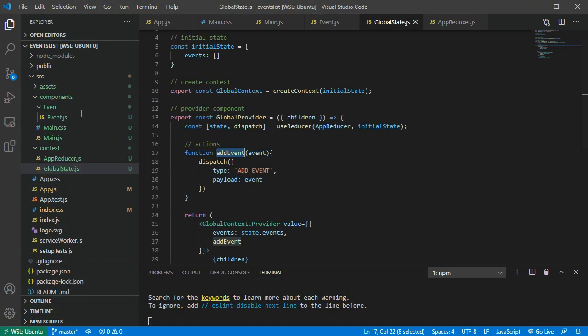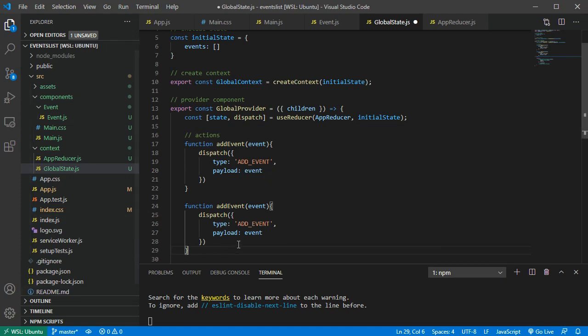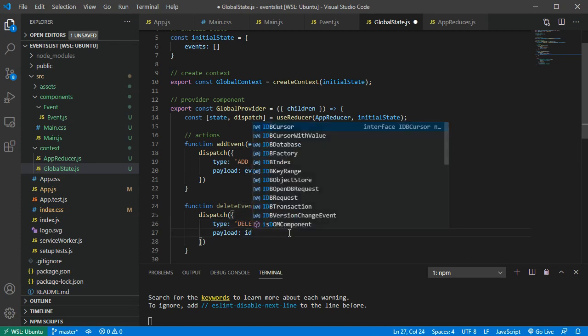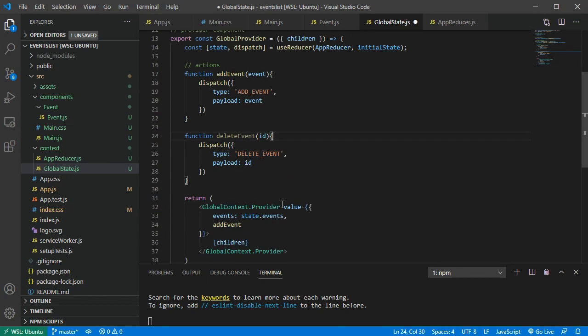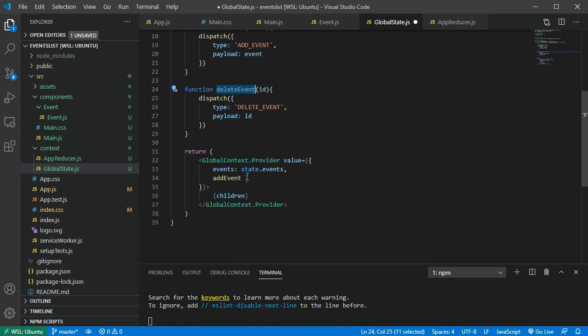Now we should create an action for the delete, like delete action. So to do that, let's go back to the global state, and here let's copy everything we have for the add event, and paste it below, and this is gonna be the delete event action. Now here the type is going to be delete event, and we're actually gonna send the ID instead of the whole event. So we'll send just the ID. Now sending the ID,